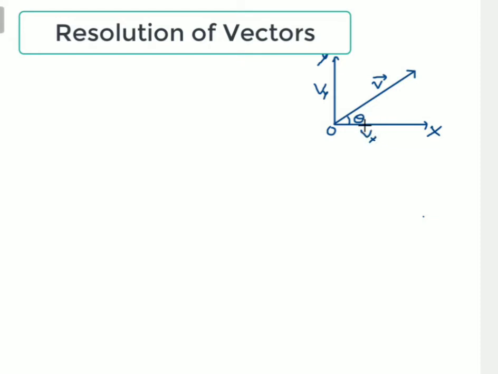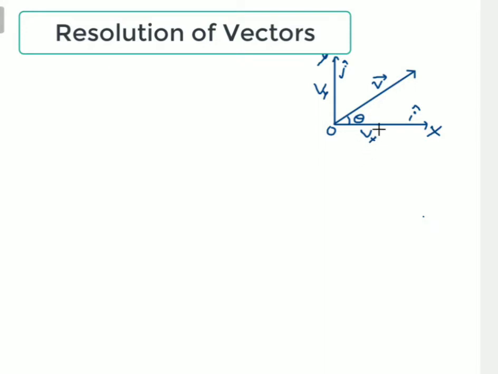Now if we want to express this also in vector form, then we have to introduce some unit vectors. Unit vector along the x axis we will consider as i cap, along the y axis we will consider as j cap. Okay, so that is about the unit vectors concept. A unit vector is a vector whose magnitude is unit, that means 1, and it shows direction along the x axis, that is i cap. j cap is the same way, its magnitude will be 1 and its direction will be along the y axis.